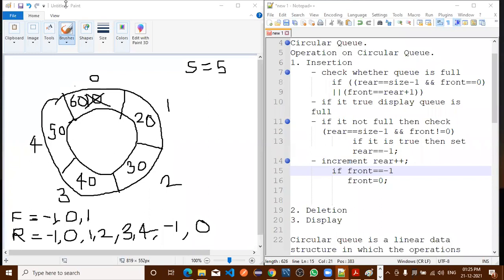I will take a break of 1 or 2 minutes. After that, we'll continue the next operation. Meanwhile, all of you dictate these steps in your notebook.